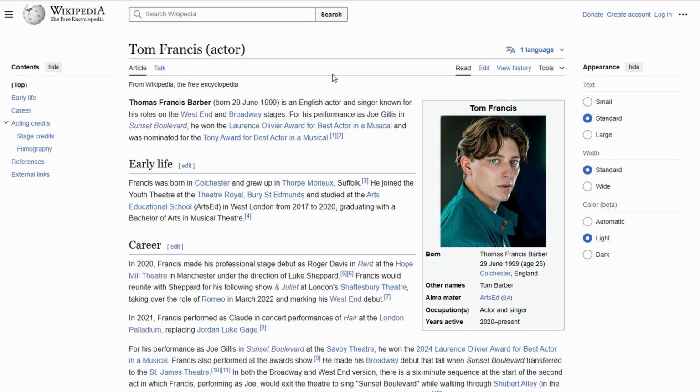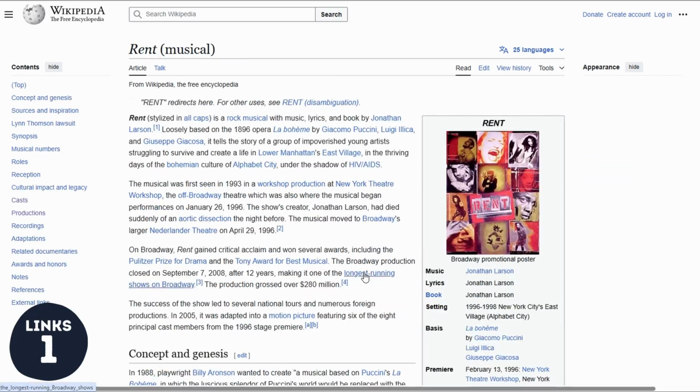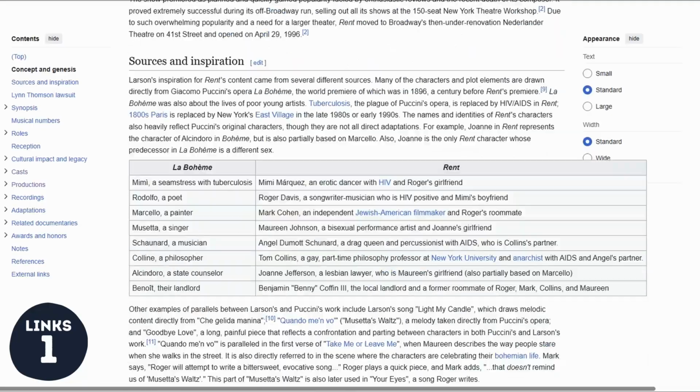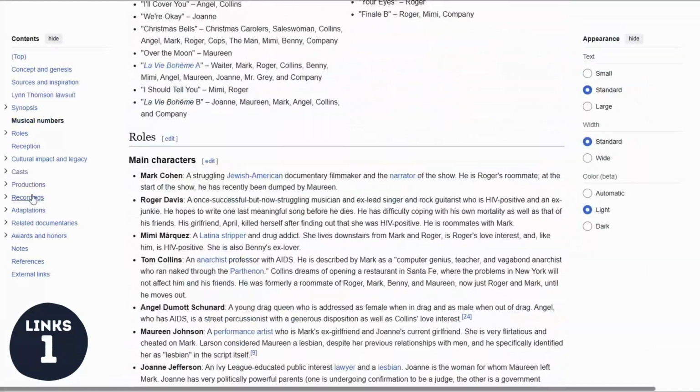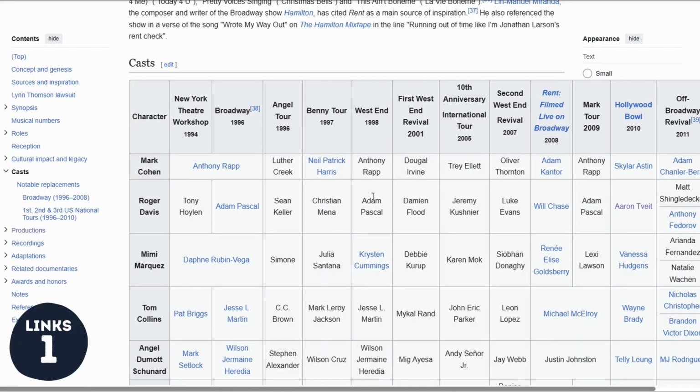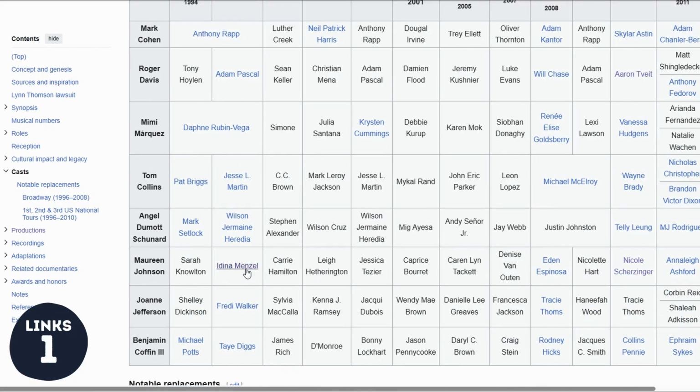So I was so annoyed with how badly I did on this one that I didn't try and improve my score. And while I was in the edit, I've actually spotted a way that I can improve my score. We're going to start with Rent, go through Rent here, but we're actually going to get back to Idina Menzel. I know it's annoying that we're going to keep going through the same people over and over again, but hey, I spotted it. So we're going to get to Idina.